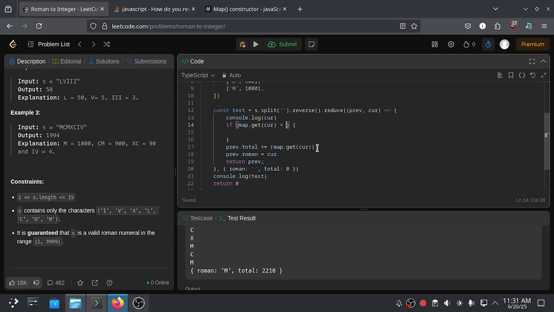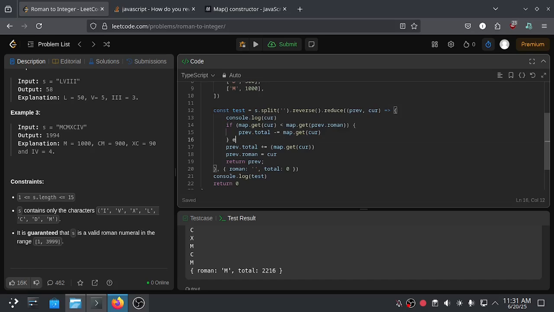If the current iteration of the map is lower, then the map will get the previous Roman. If it is, then we can calculate the total using the minus sign and the equal sign. Minus equals the previous total with map.get of current. So we can get with the I and V, which is 4 instead of 6.